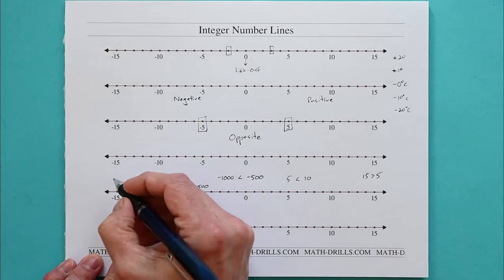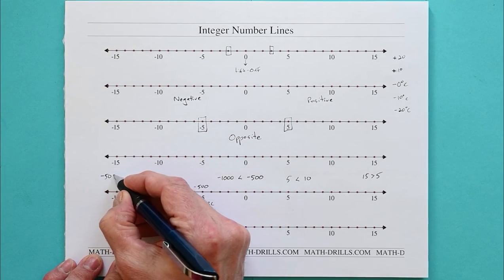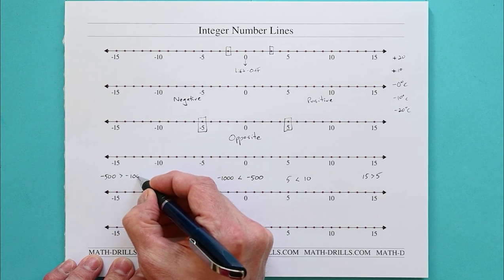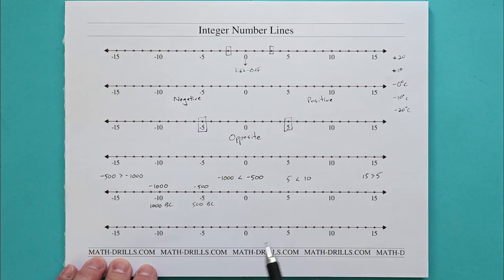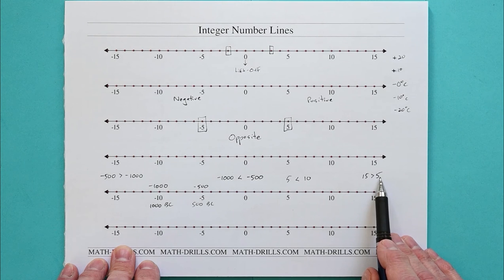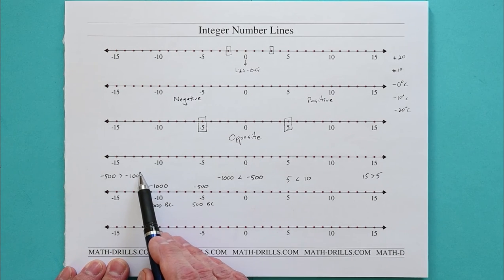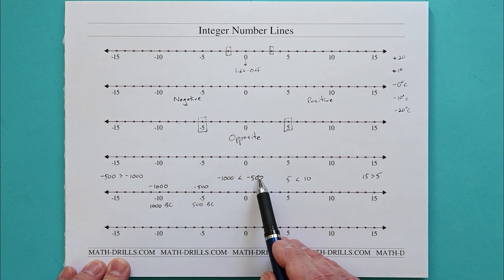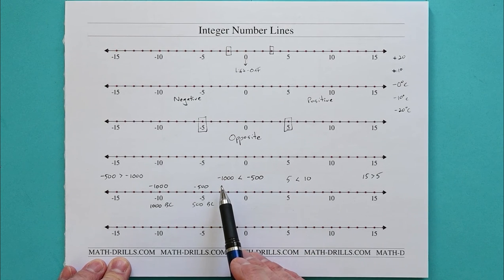And on this side, we could say that negative 500 is greater than negative 1,000. So you almost have this opposite effect. The larger absolute value here is greater than the 5, but here the larger absolute value, or if we look here, is less than the absolute value of the 500. But that's because we aren't looking at the absolute value, we're looking at the actual value, which is negative 1,000